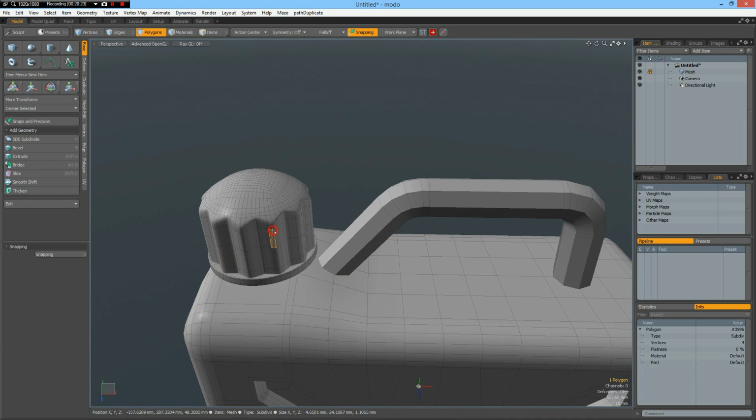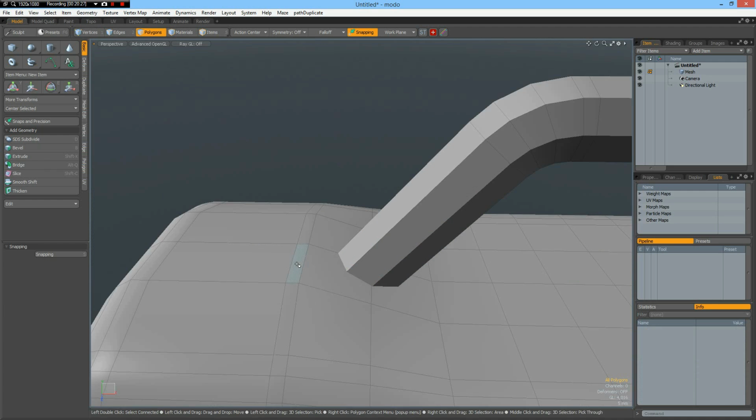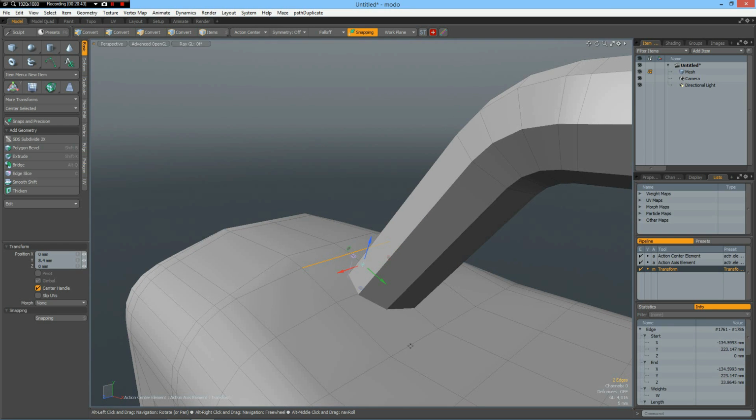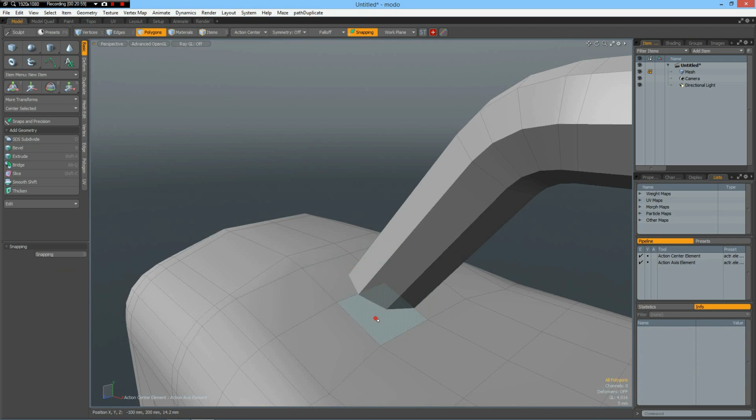I quickly hide the cap, H key, and then select these 2 edges, W key with Action Center element, click on here and move these 2 edges a bit down, and select these 2, W key, and move these 2 a bit up. So we have comparable distances to the other end of the handle. So I can select these 4 polygons now,